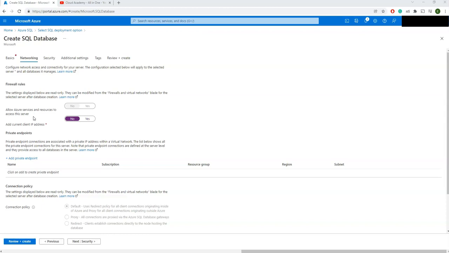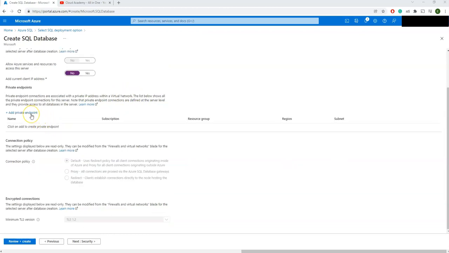Your database has to be protected, but if you want to give access to all your Azure resources, for example, you want to access it from your website which is hosted under Azure App Services, or maybe from Azure Functions, or maybe some other Azure related services, you can enable it, but this can be modified under the firewalls and virtual networks once it is created.